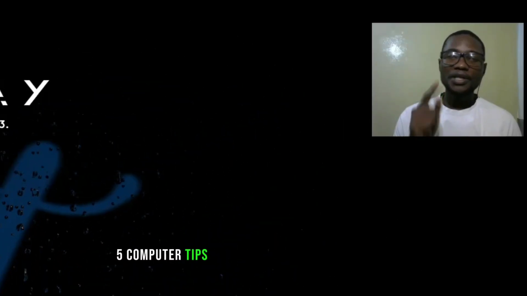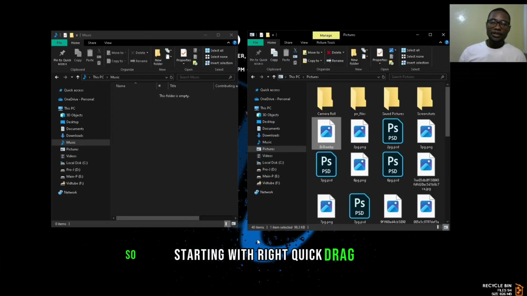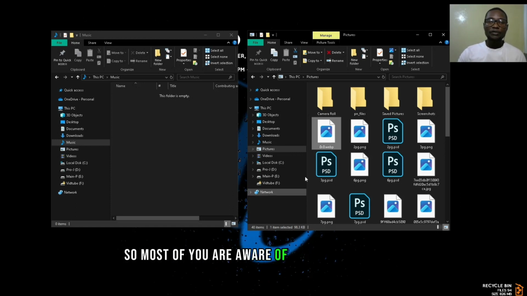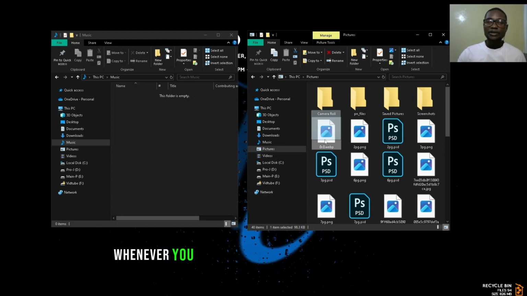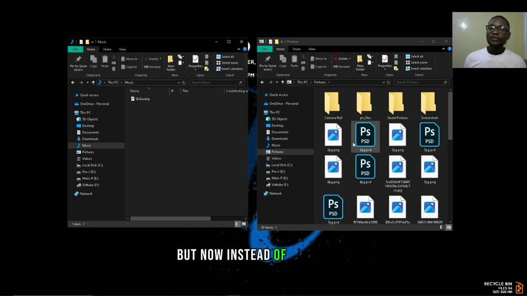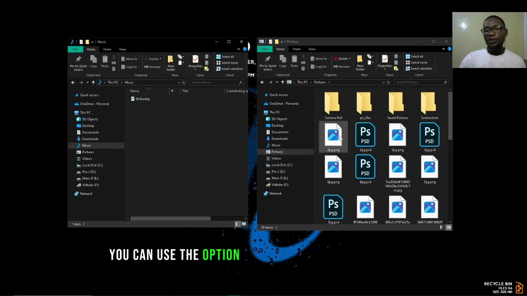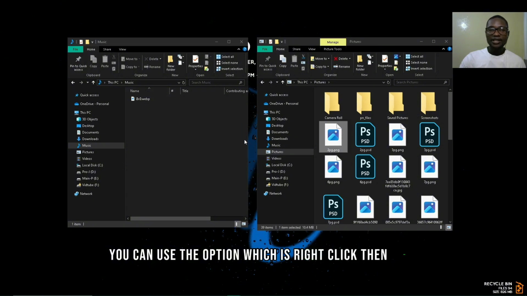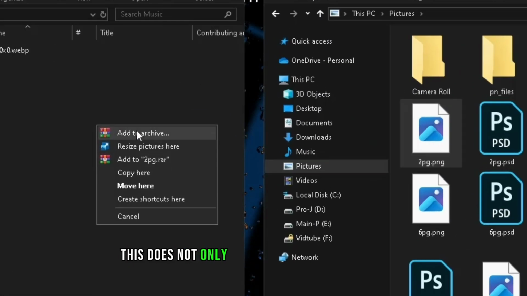5 computer tips and tricks you did not know about, starting with right click drag. So most of you are aware of the left click drag whenever you drag a file to maybe a certain folder. But now instead of using that, you can use the option which is right click then drag. This does not only give you this pop-up menu here, but it gives you a lot of options that you